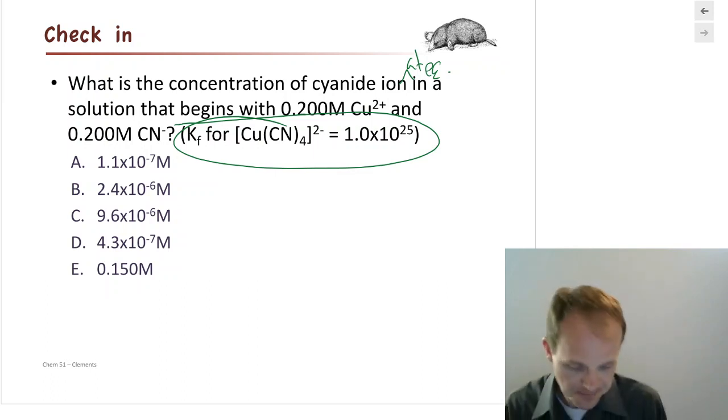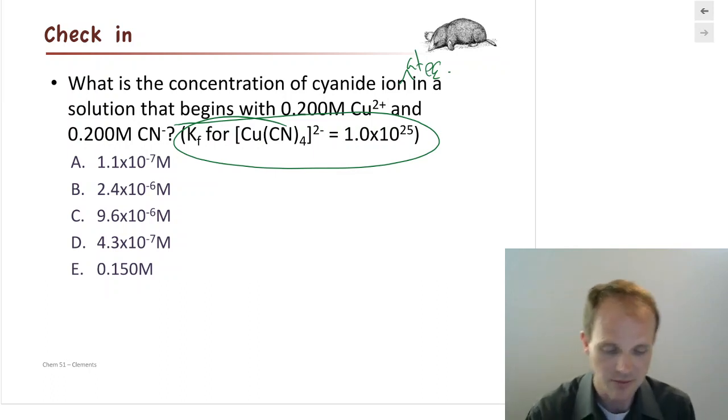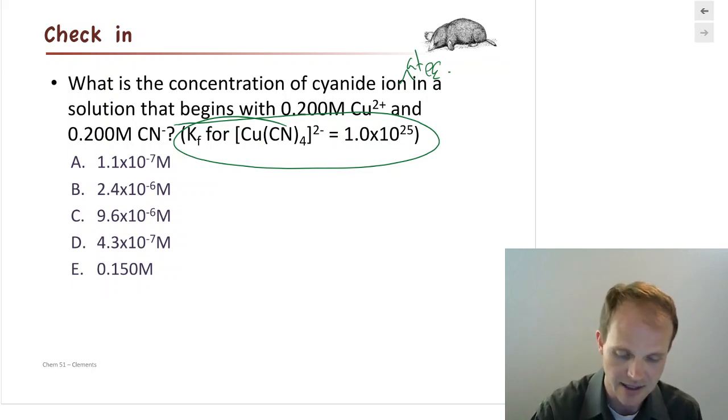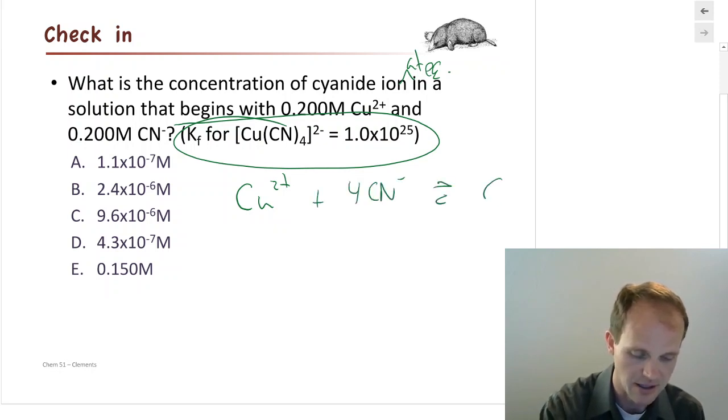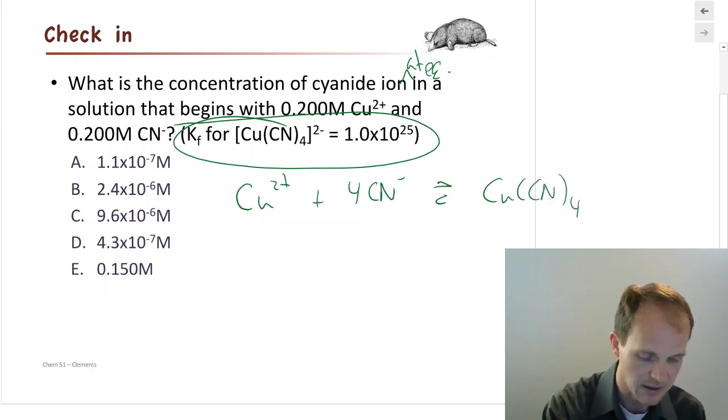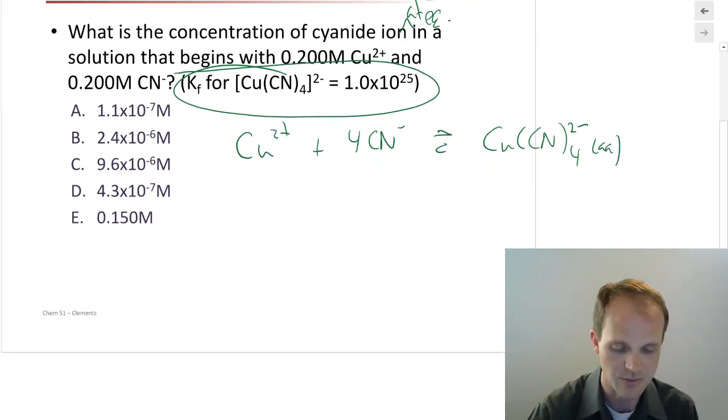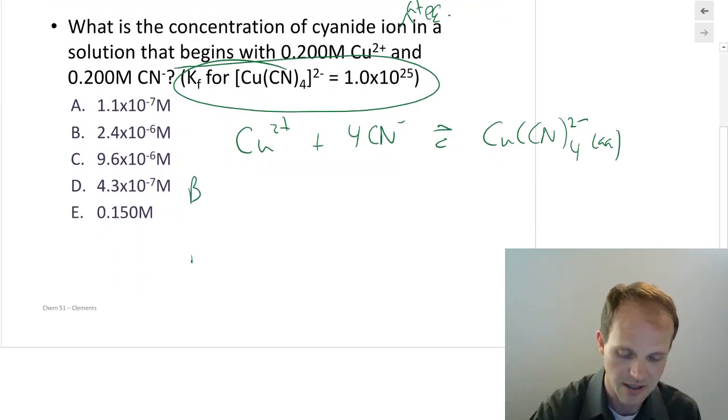Okay. Here we go. So what are we going to do? We're going to set up our complex ion formation problem and do our BRICE table. We have to do the strong reaction first. So what's our complex ion formation? It's going to be the copper 2 plus, and it's going to be 4 cyanides, making our copper cyanide complex. And we know our K value is 1 times 10 to the 25th. Our BRICE,